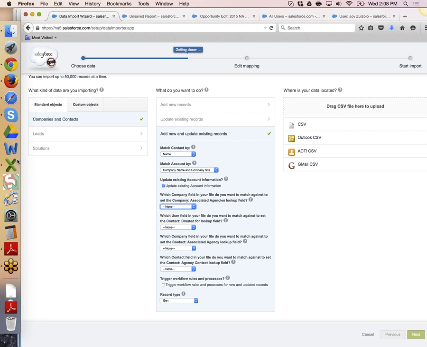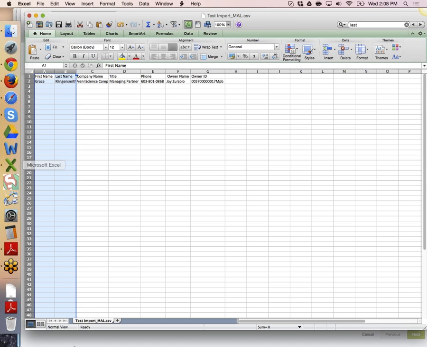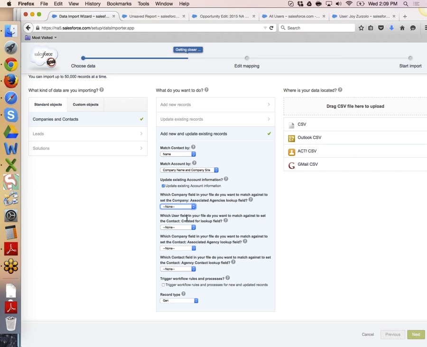If you don't even have an agency lookup field in here, then you don't even need to select this. Same for this one, and this one. Trigger workflow rules. So this one's interesting. Sometimes there's workflow rules in the system, and those are ways of automating some information being updated after